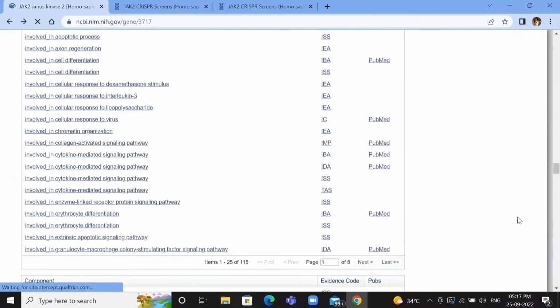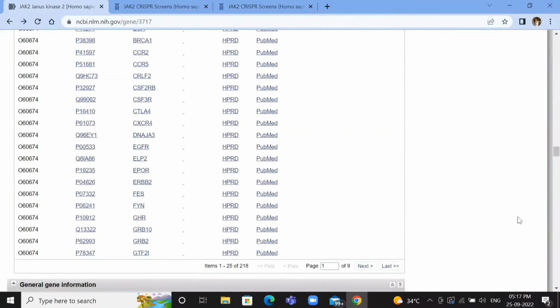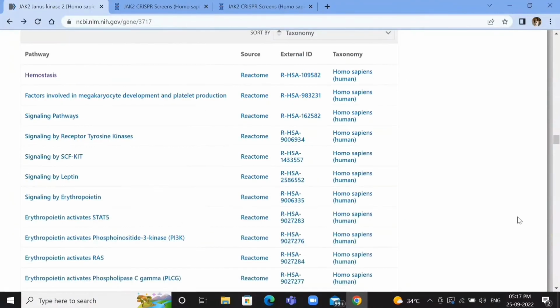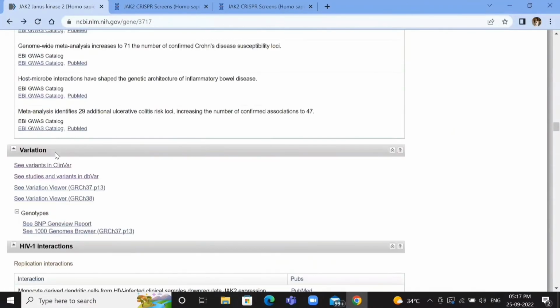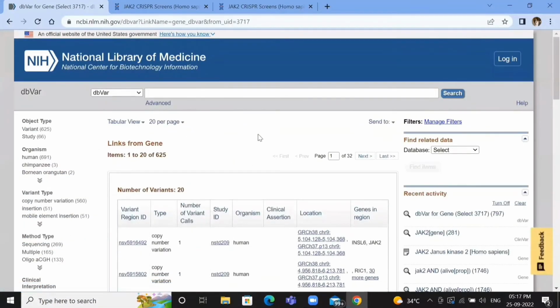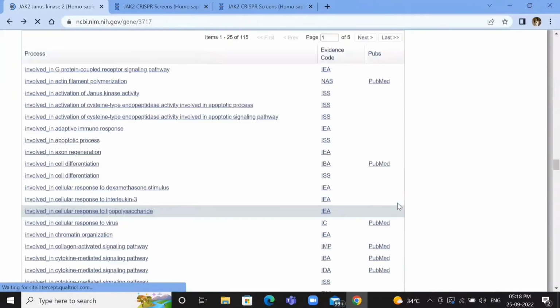Going back. And in the variation section itself, there is another link. We will open it, and this will lead to the dbVar database. So dbVar is a database of large-scale genomic variants. dbVar includes events such as insertion, deletion, and inversion of our gene. So coming back,